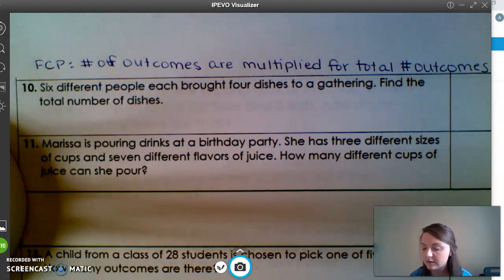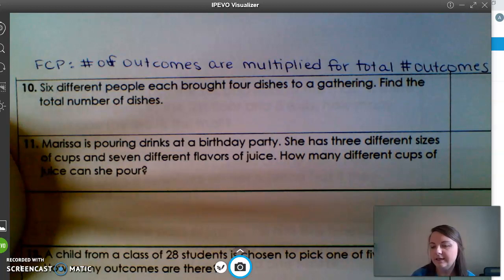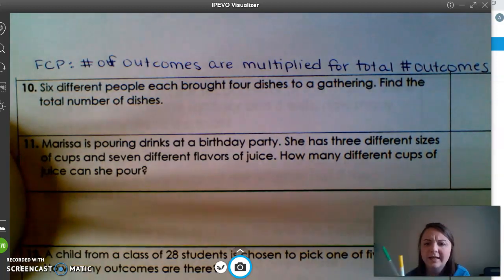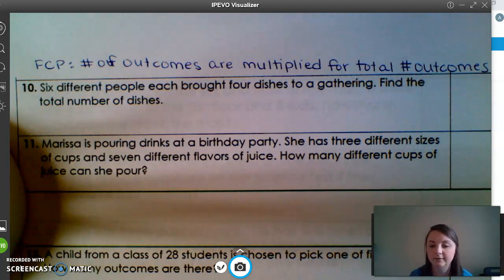We reviewed it. So today we're going to do 3 examples together. Those 3 examples have a little bit more real life application to them. They're not necessarily harder, but I do think they need their own day. So I'm going to use some colored pencils. I'm waiting on my fancy pencils to come in from Amazon because I couldn't find them in my room when I went back. But I've got some colors here to use, and we're going to distinguish our events, and then we're going to find the number of outcomes, multiply them to get the total. So number 10,